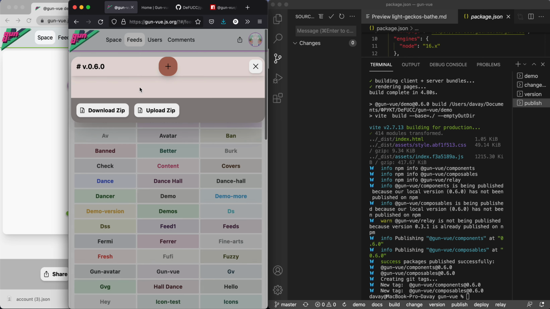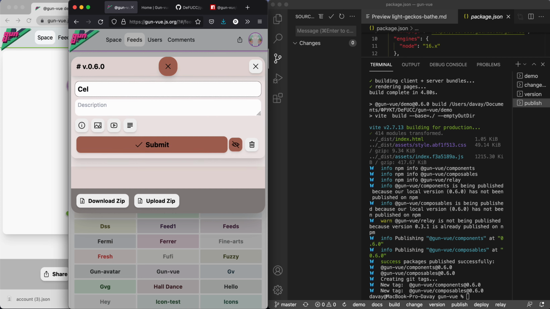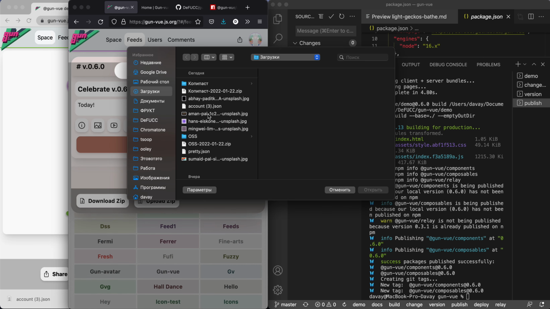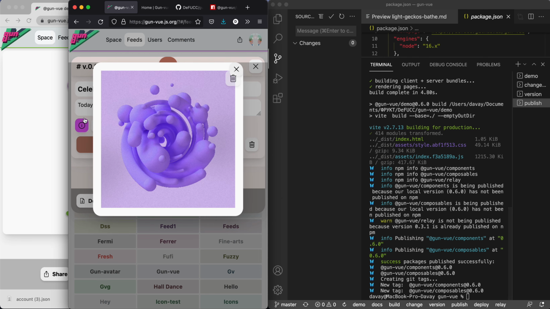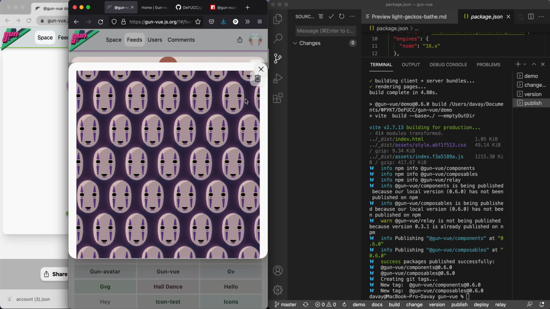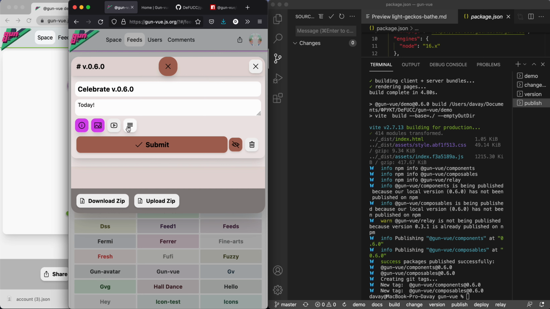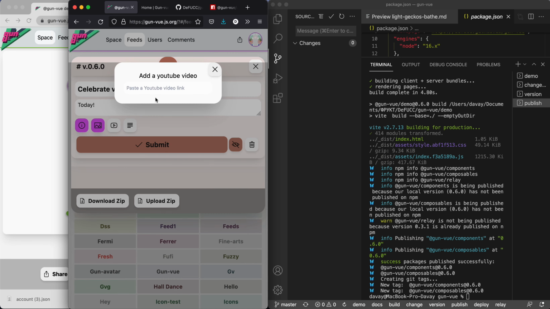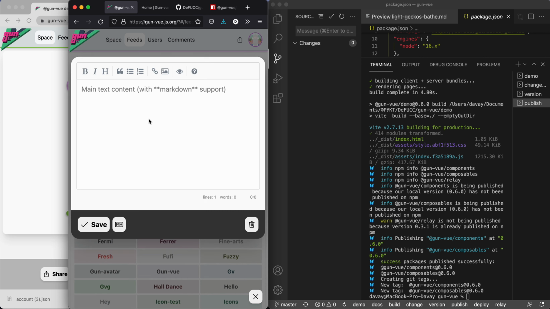And again, so we celebrate version 0.0.6.0, and we have it today. And yes, we'll load the icon and the cover. Oh, let's take this square cover. Yes, and of course we can have a YouTube link, but I'll just add some